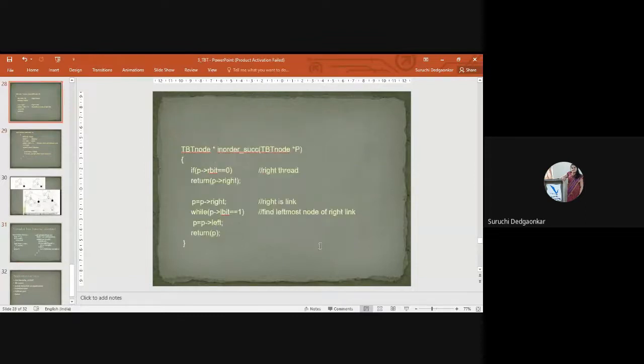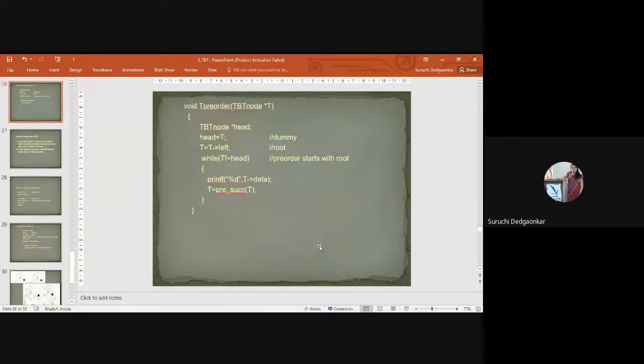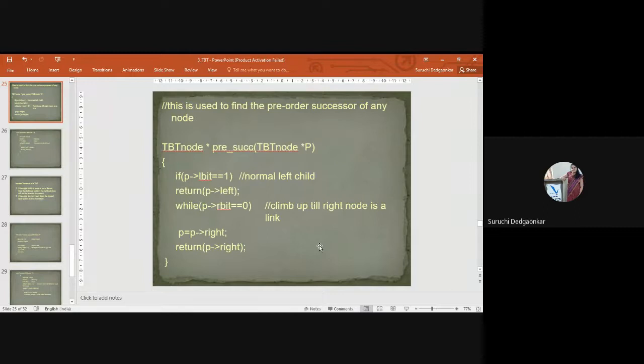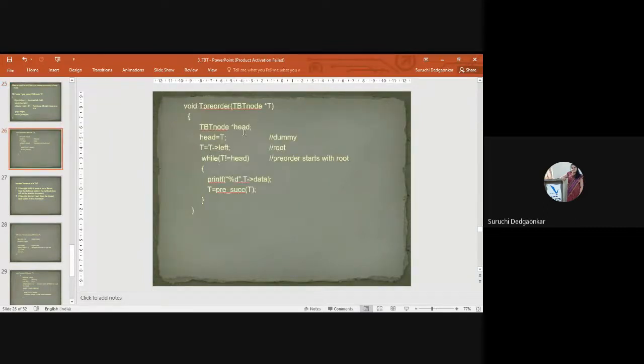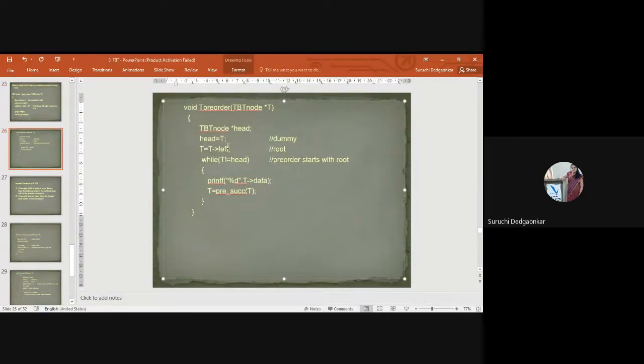First, we'll discuss that pre-order traversal. In pre-order also, we have to start from root. That's why head equal to t, this is nothing but the dummy node, and t equal to t left, which is taking us to the root, and we will start displaying from root. Root will be displayed first in pre-order traversal. While t is not head, that is we don't reach the dummy node again,